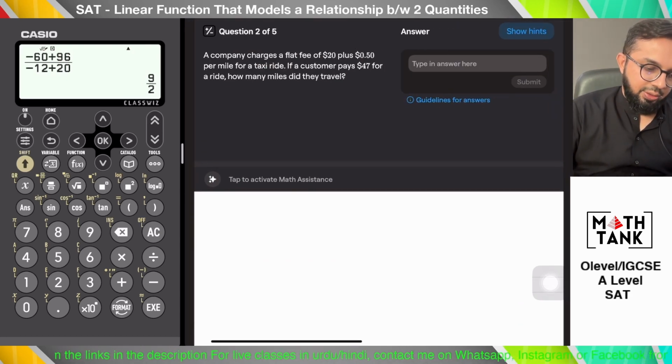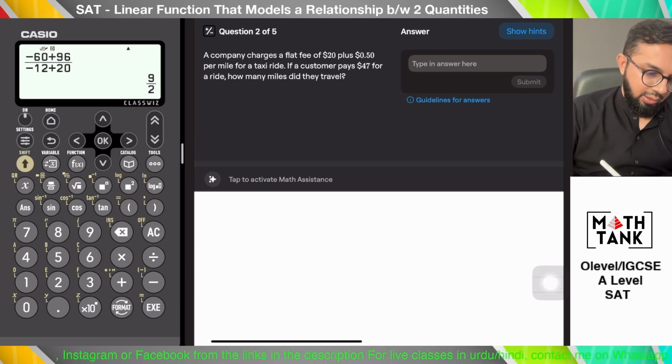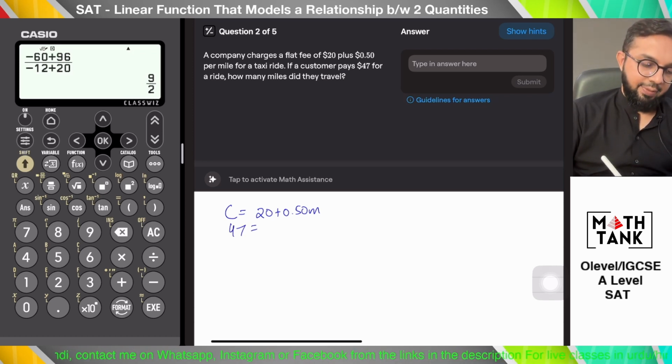A company charges a flat fee of $20 plus $0.50 per mile for a taxi ride. If a customer pays $47 for a ride, how many miles did they travel? Okay, so it charges a flat fee of 20 plus 0.50 per mile. That's the cost. If a customer pays 47,